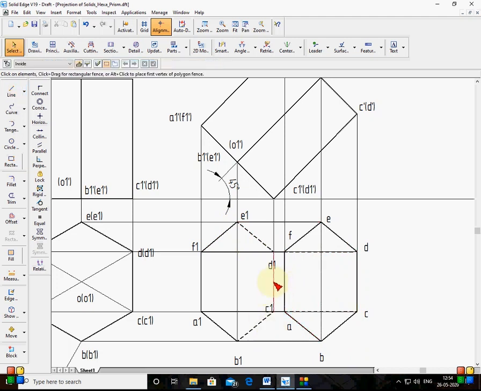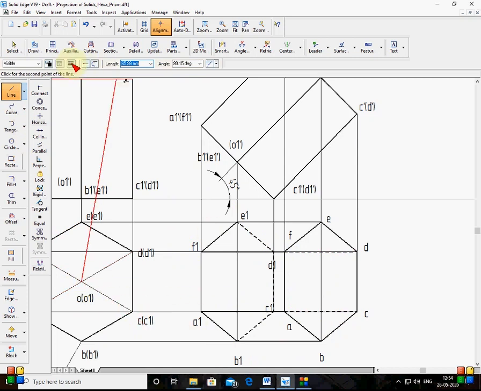Now see, if you keep the cursor, you get one mouse side menu. Which line do you want, which don't you want? You don't want this line, so you can choose here. Okay, this is hidden. This is hidden. Okay, now this you have joined. Now only the axis point remains here. The axis point is projected here. This point is the axis point, projected here. This is the axis point.